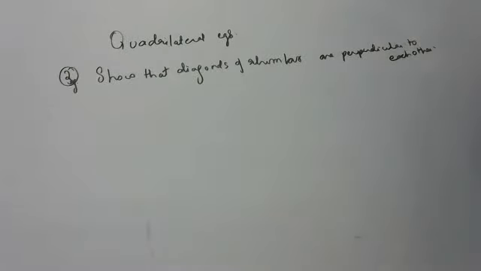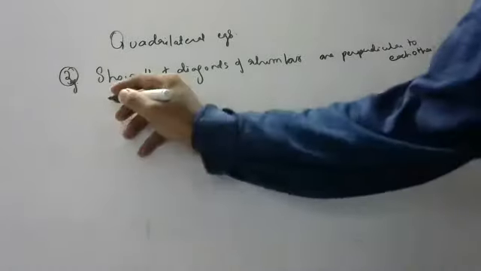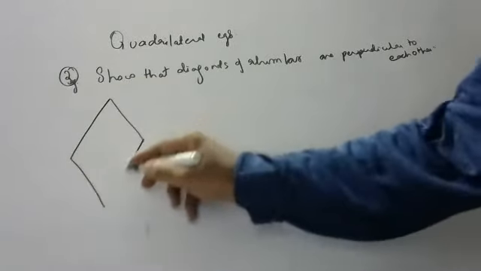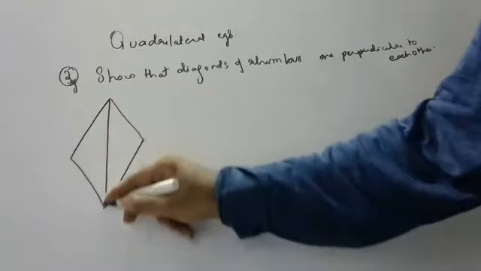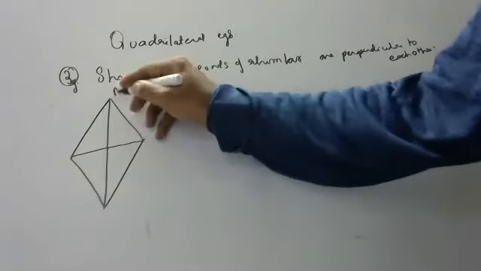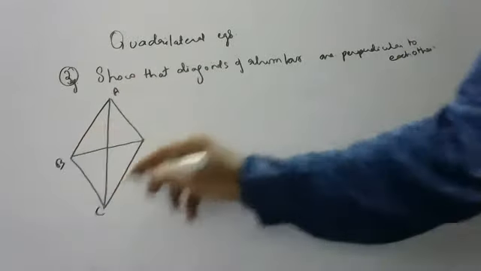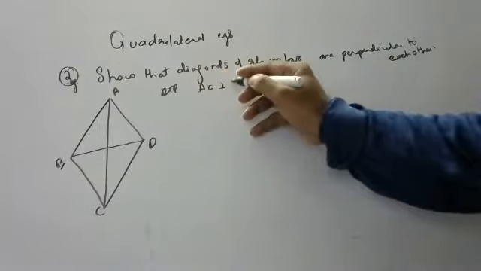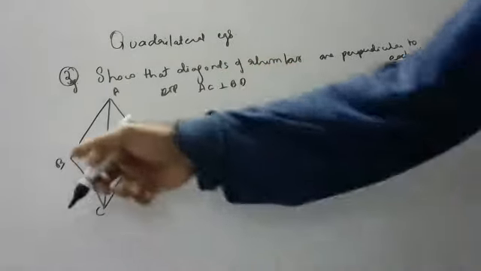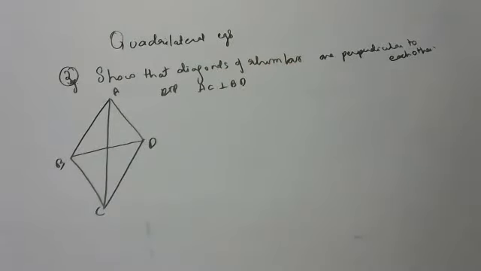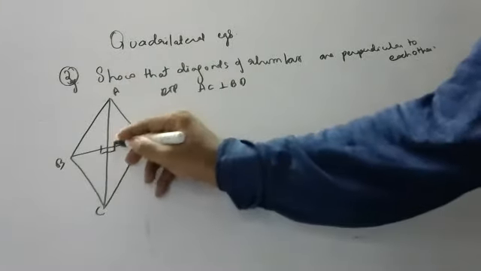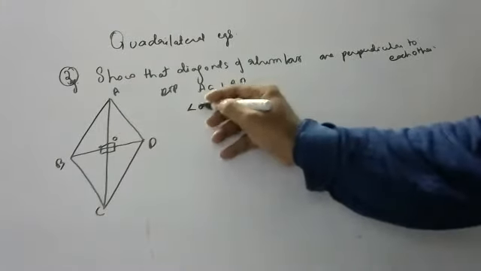This is the question. Okay, so children, all of you see here. This is a rhombus. This is one diagonal. Please see, children, A, B, C, D. What is required to prove, children? We have to show that AC is perpendicular to BD. Means this and this are perpendicular to each other. We have to prove that angle O is 90 degrees.